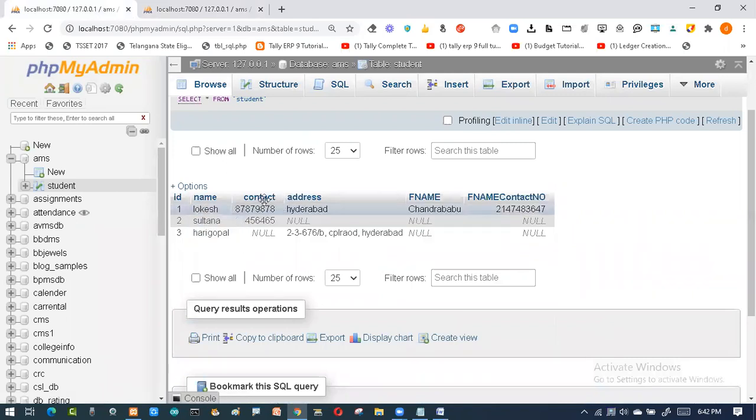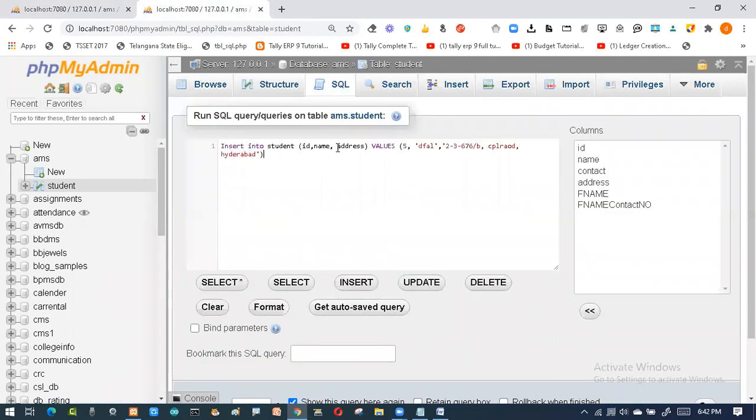Right now I'm skipping address and contact number, and I want to enter only these two columns, roll number and name. Then I'll say the record is 6 and the name is Anil. This is my first record.